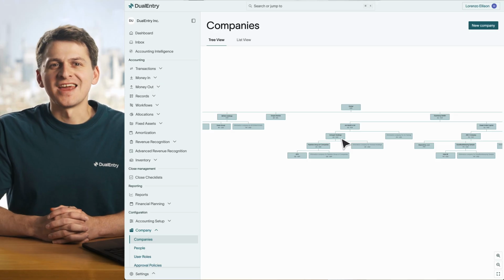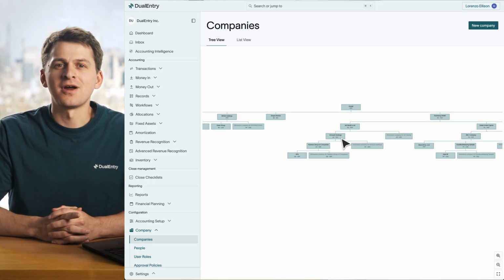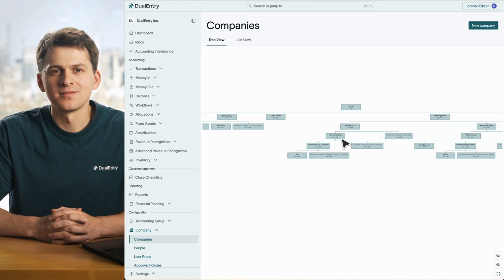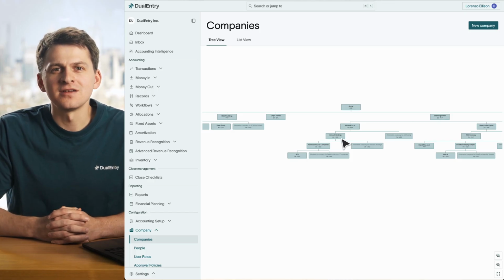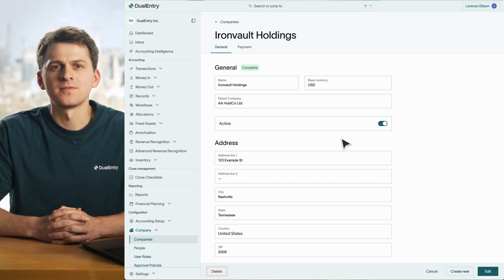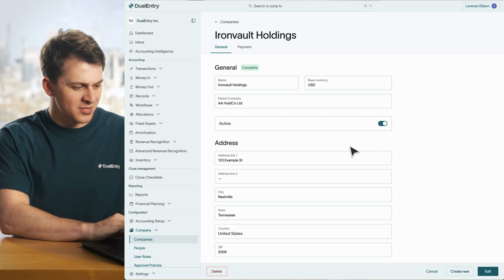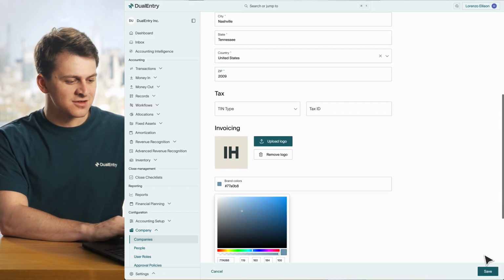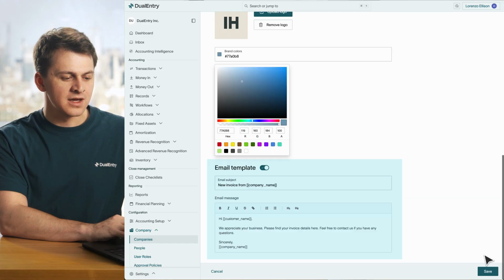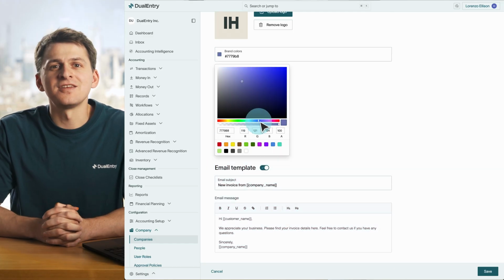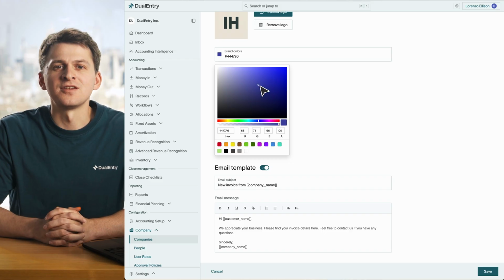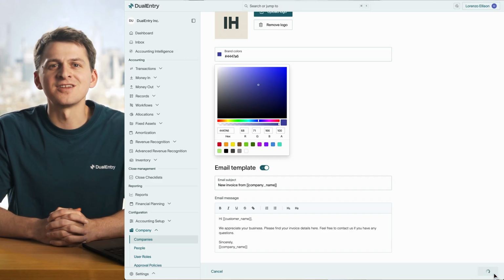DualEntry is built for multi-entity accounting, unlike single-entity AR systems such as Stripe, QuickBooks, or VersaPay. Inside your company structure, each company now has its own invoicing setup. When you edit a company, you'll see 2 new sections, invoicing and branding, and emails. This means each entity can have its own invoice templates, its own logos and colors, and even its own collection